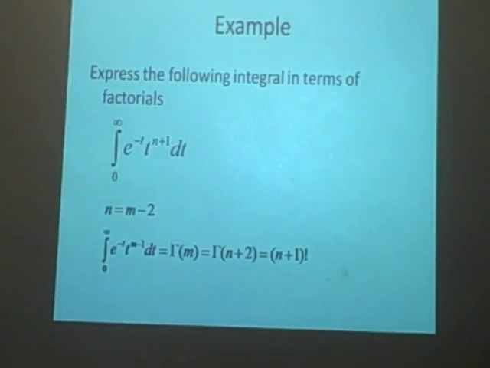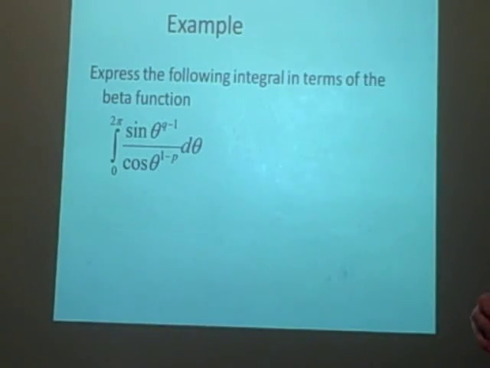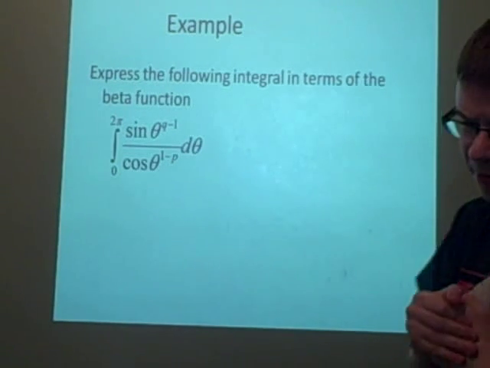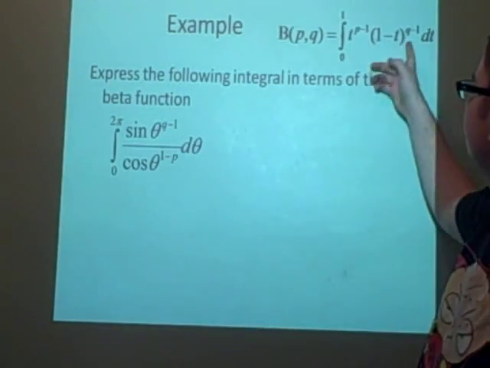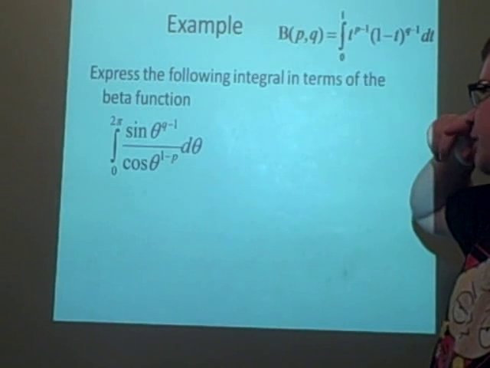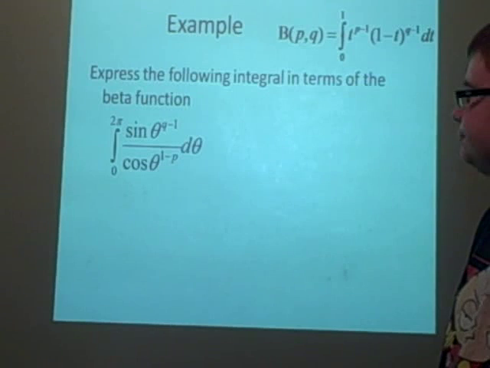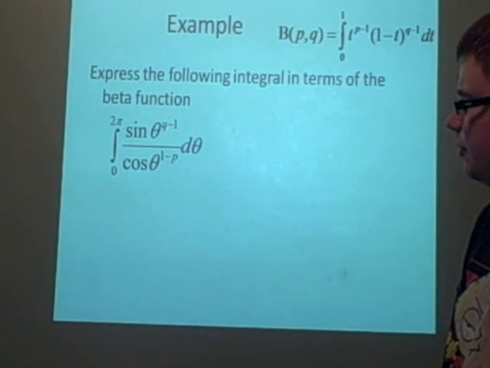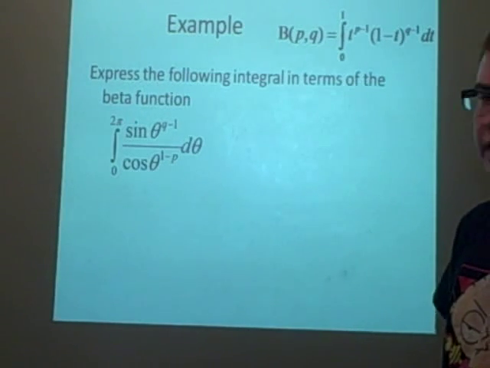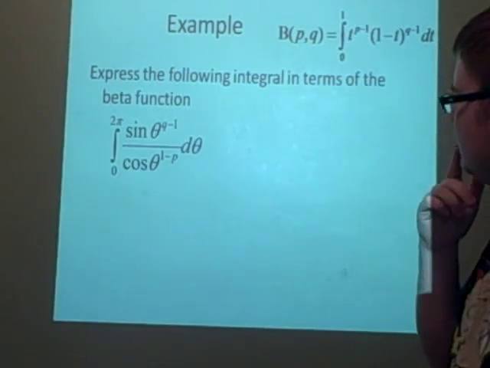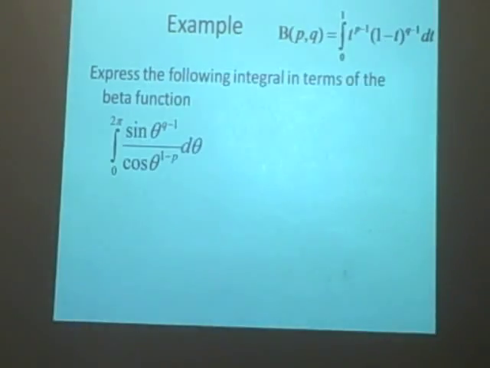Right, our final example is the beta function. So we want to express this in terms of the beta function. So first thing, I'll get the beta function up. The first thing you'll be thinking is this doesn't look anything like this. So we're going to have to do some sort of substitution to let, I think I used t, equal either sine or cosine. And if we try t equals cosine squared,